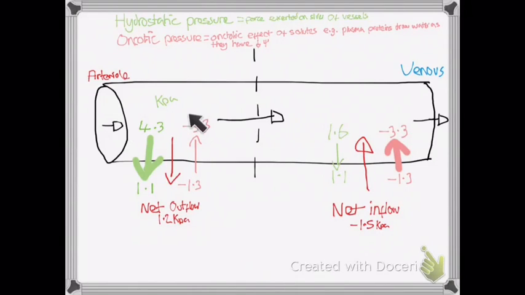So in summary here, we've got a higher hydrostatic pressure than oncotic pressure, hence the net outflow is out of the blood, but at the venous end we've got a lower hydrostatic pressure than we've got an oncotic pressure, hence the net inflow is into the blood. So blood moves along from the arterial end, we get rid of our oxygen and nutrients, and we gain waste material here at the venous end as it goes back into the blood. Okay, that is a summary on